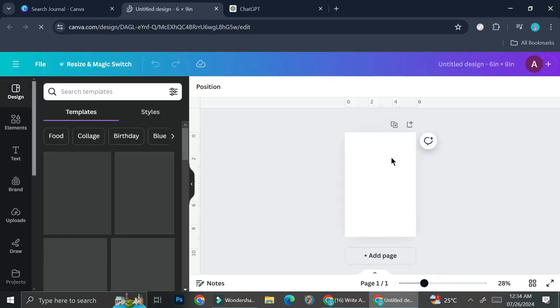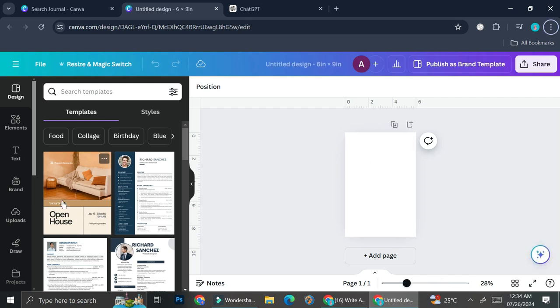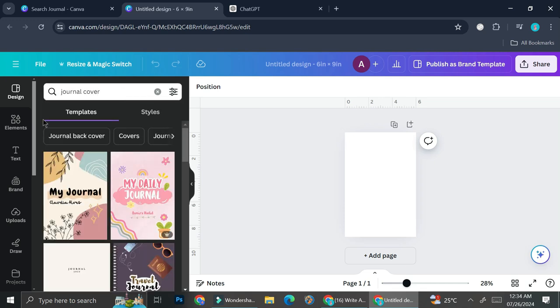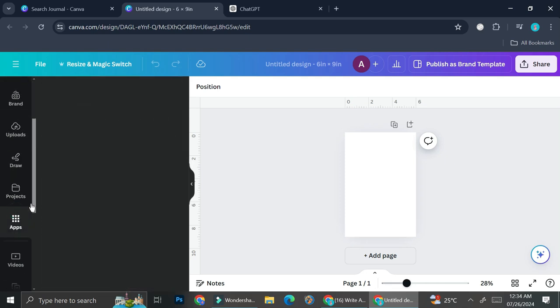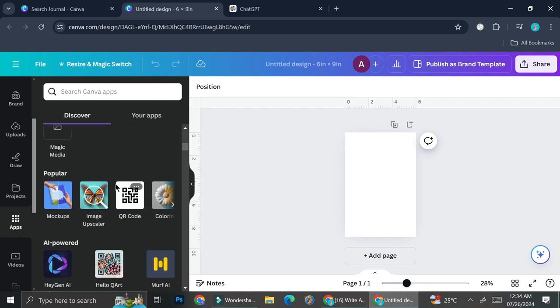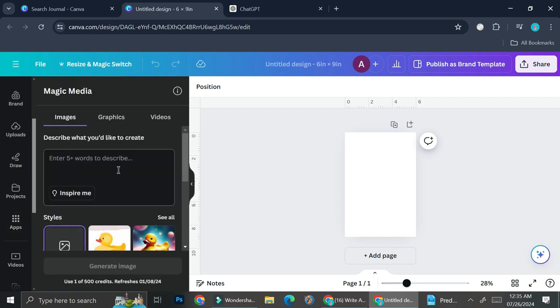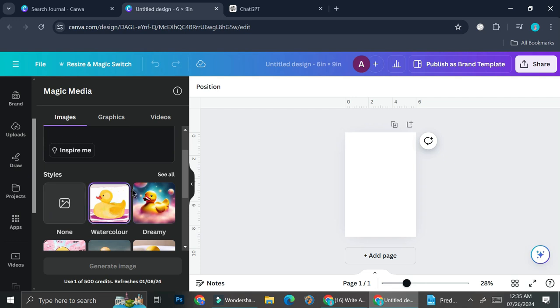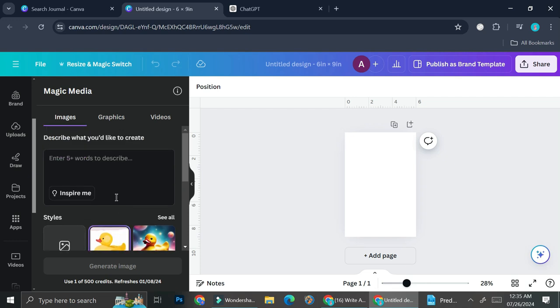First things first, we're going to start with the cover of the book. So you can totally try to search for journal cover over here, or if you would like to go a little bit extra, you can go to the apps right here, scroll all the way down until you find the magic media options right here, and create your own journal. So I want it to be in the style of watercolor, and if you don't have any prompt yet, you can search